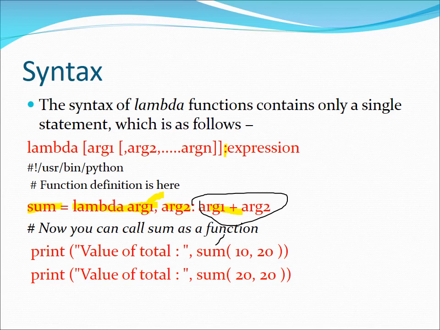Then it begins with the keyword lambda followed by the arguments. Any number of arguments can be there. Every argument is separated by a comma, then it ends with a colon followed by the expression. There will usually be an equal to statement with a left hand side for a lambda function because it always results in an expression. Otherwise it will just return the expression. The equal to sign is not compulsory. So the function call looks like this: sum followed by the arguments. The first argument 10 is for argument 1 and 20 for argument 2. The return value is 10 plus 20, that is 30.